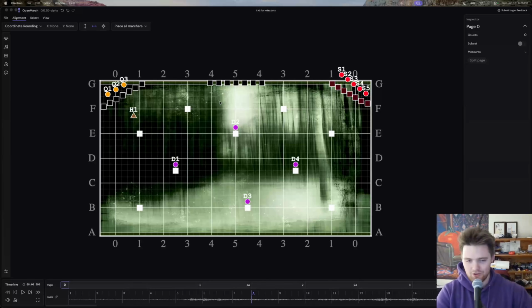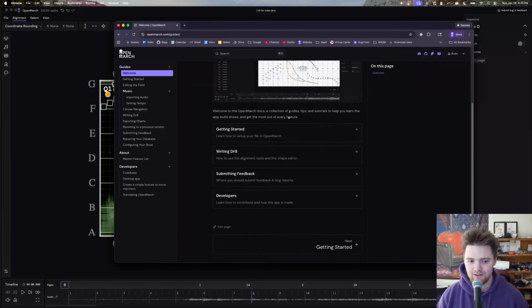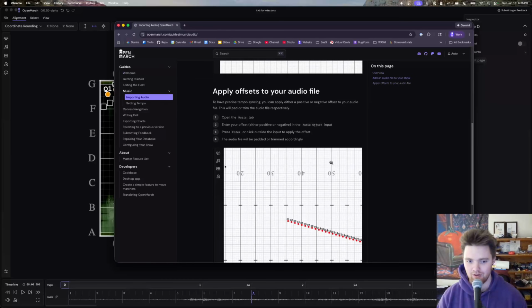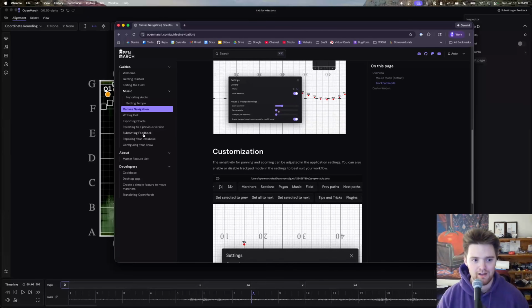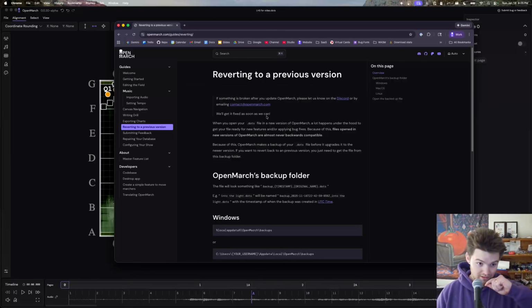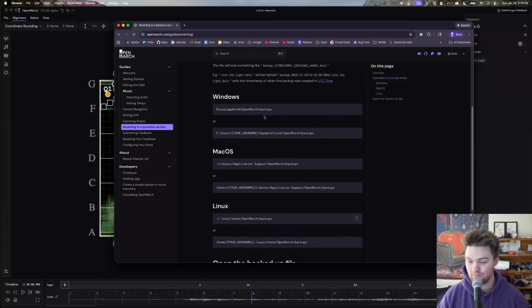I have so much stuff. We, as an OpenMarch team, have so much stuff we want to show you. This is probably going to be a quick quasi tutorial on everything that has happened, but most of the things I'm going to show you, if not all, also have tutorials on the OpenMarch website. Again, if you go to openmarch.com and then guides, you'll see there's a ton of documentation for how everything works. This is importing audio, setting tempo, canvas navigation. I even have instructions for reverting to a previous version if we release something that is broken